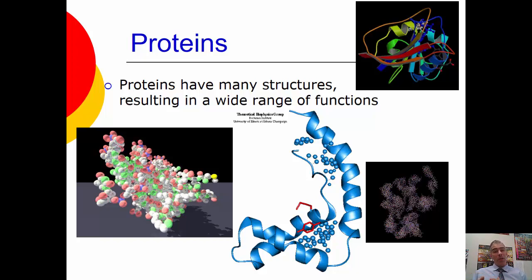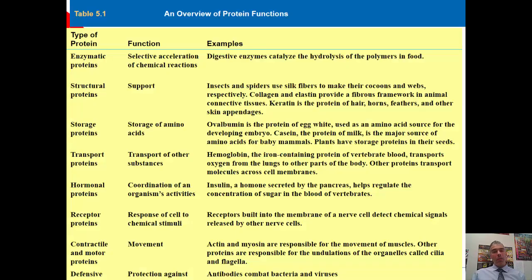And if you remember, I said there are three fundamental things for understanding basically all of science, specifically biology. The first one, likes dissolve likes, the second, opposites attract, and the third one, structure determines function. Well, proteins have so many different varieties in structure that determine their function. And if you mess up that structure, it ends up causing lots of problems and imbalances in homeostasis in the body. So here's showing you a lot of the different things that they do.